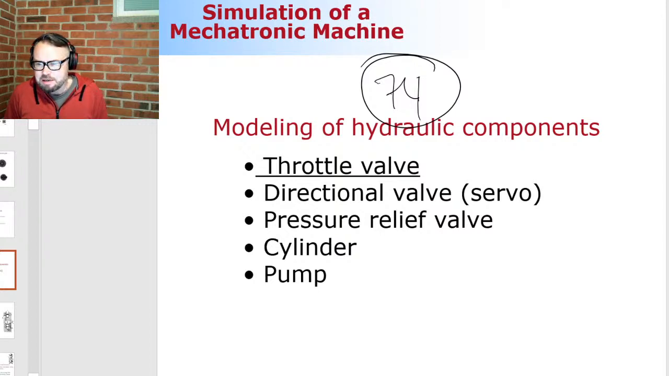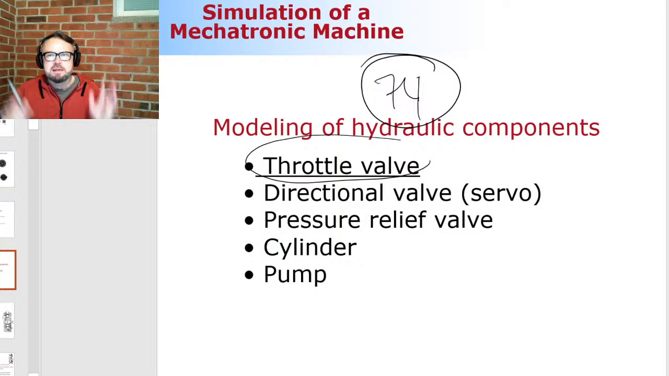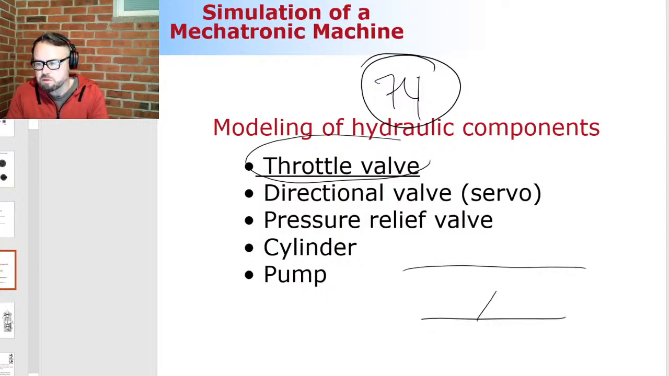So the first component we're going to take a look at today is a throttle valve. Very simple one. Very simple. So it's basically the one that I just drew for you. So it's going to be something that is introducing the pressure difference. Pressure difference, by the way, is the way that hydraulics is controlled. And this is more of a general discussion, but shortly before we jump into the throttle valve,